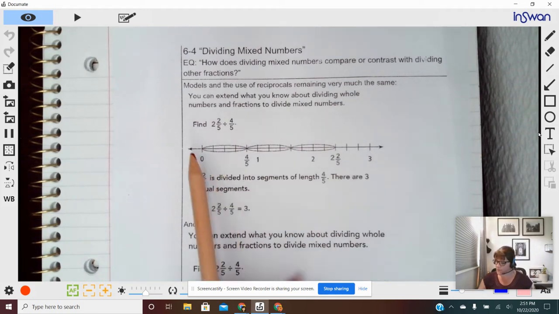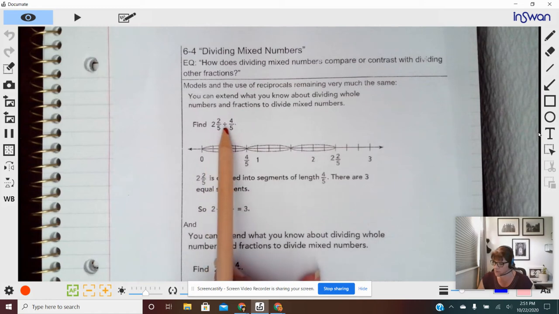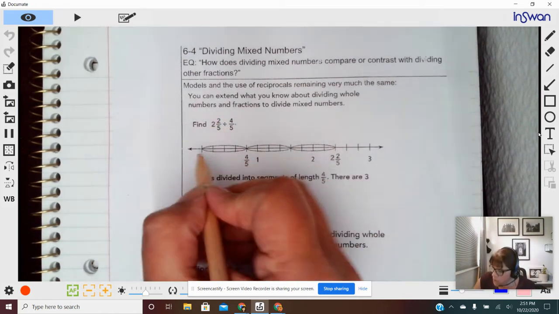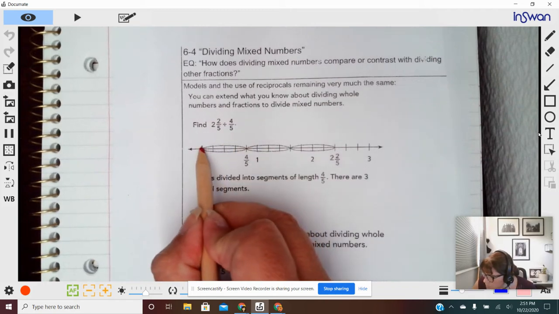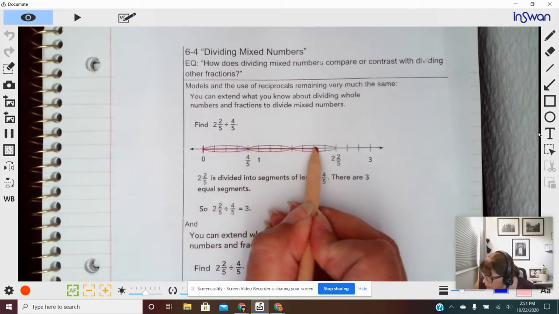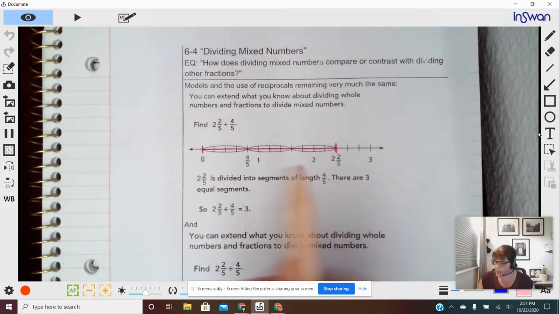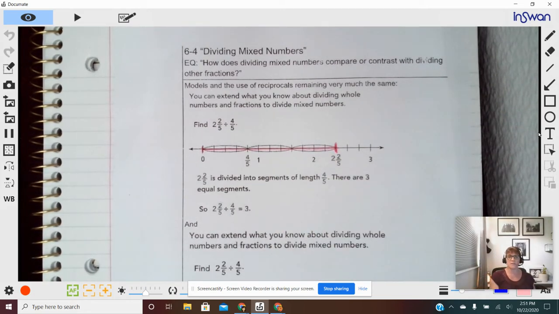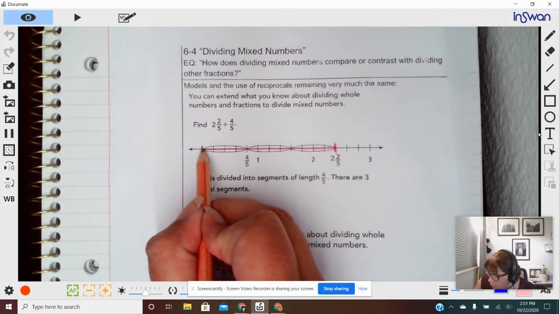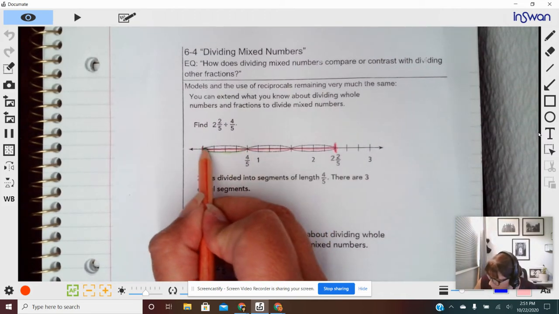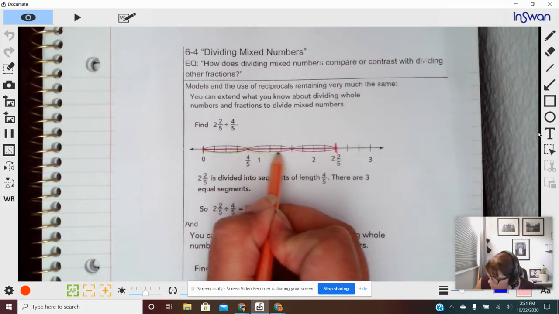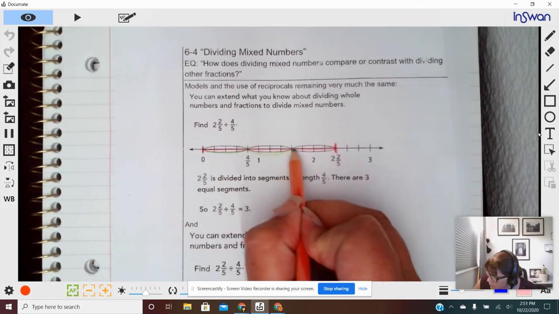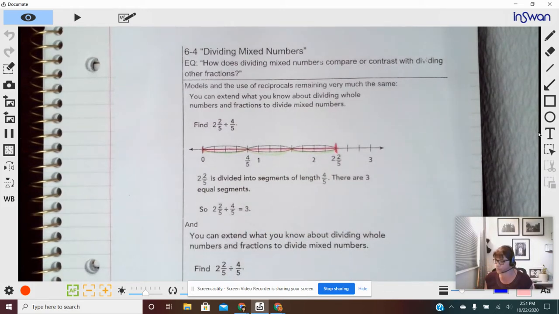So in this case, we have 2 2/5 divided by 4/5. So if our total is 2 2/5, okay, and then for whatever reason at all, we want to cut it into sections that are 4/5 each. Okay, so maybe we're cutting fabric or lumber. 1 4/5, 2 4/5, 3 4/5. Okay, now